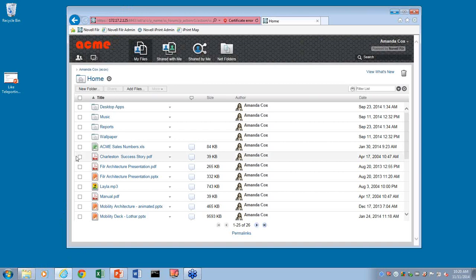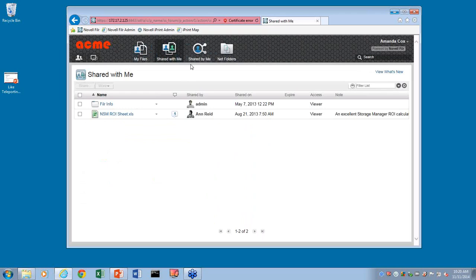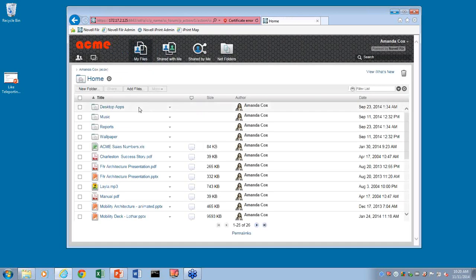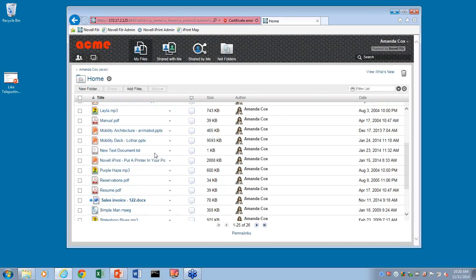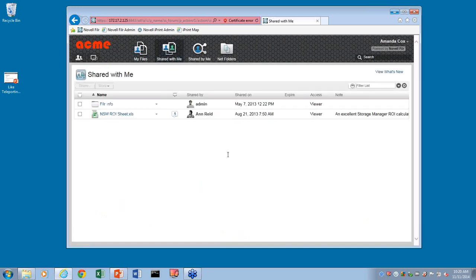Here you see the browser interface. Again, using the simple browser, I have access to my files, net folders. So there's my courses, HQ, and sales. I have shared with me, so these are other files that other people have shared with me. I don't actually have rights to them on the file system. And then there's the My Files. And again, scrolling down, there's that sales invoice, which we'll come back to in just a minute. To show you a couple of other things while we're here, because it's a little easier to show on the browser,